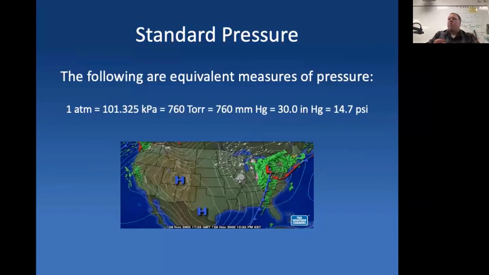Because this is normal atmospheric pressure, this is how they're all equal. So 30 inches would be 760 millimeters, right? 760 millimeters of mercury would weigh 14.7 pounds, right? 30 inches of mercury would weigh 14.7 pounds, and 14.7 pounds converted into the metric equivalent of weight would be 101.325 kilopascals, and it's all a normal 1 atmospheric pressure. So converting from one to the other.